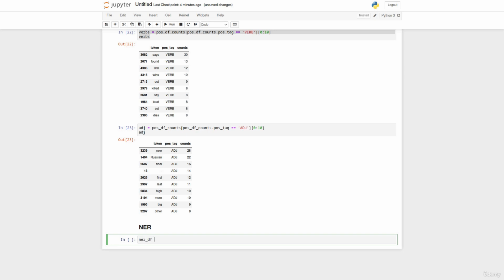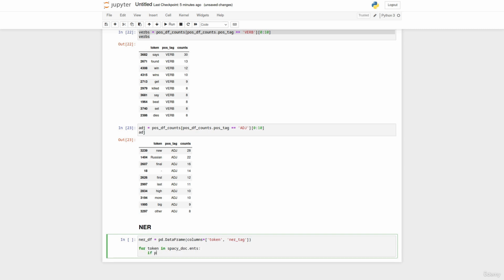So to get our NER tags, it's very similar to how we get our POS tags. We're going to initialize a data frame that we want to hold the tokens and their associated NER tags. We'll call it NERDF, and create it as a pandas data frame with the column headings token and NER tag. We'll then run a for loop to get the entity labels for our tokens. So for token in spacydoc.ents, if pd.isNA token.label is false,